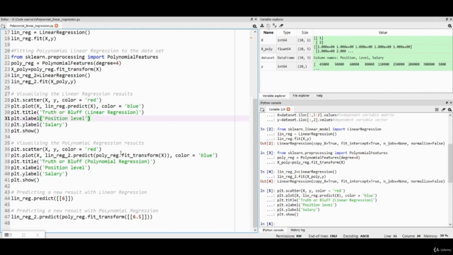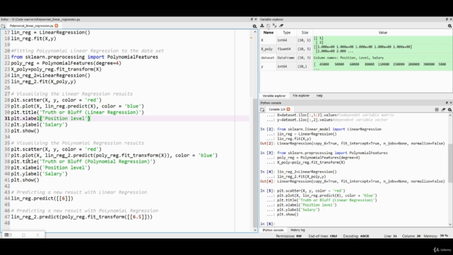So let's now visualize the polynomial regression results. For this also, the change is only the predict function. Here the lin_reg2 object is used with the .predict method, and we will pass poly_reg.fit_transform(X) here instead of X_poly, because X_poly already has the values of the features, but we want a new feature matrix.